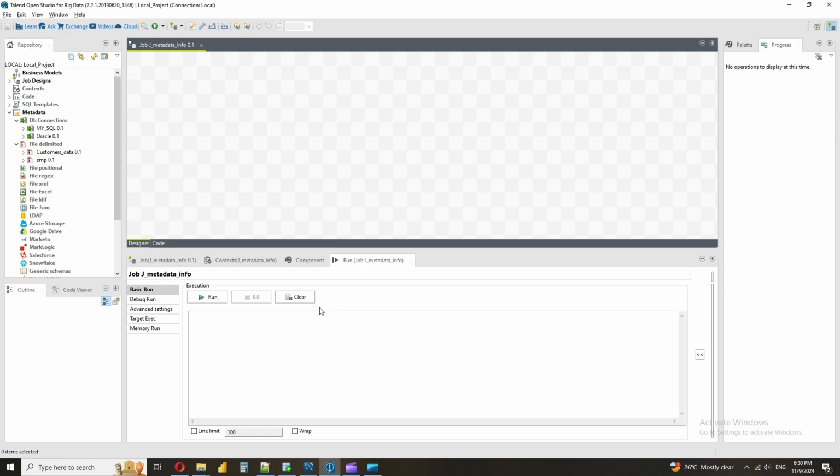Today we will be learning about how to create metadata: table metadata, DB connection metadata, and file delimited metadata. First thing you need to understand is what is metadata. Metadata is nothing but data about data. Looks tricky, but